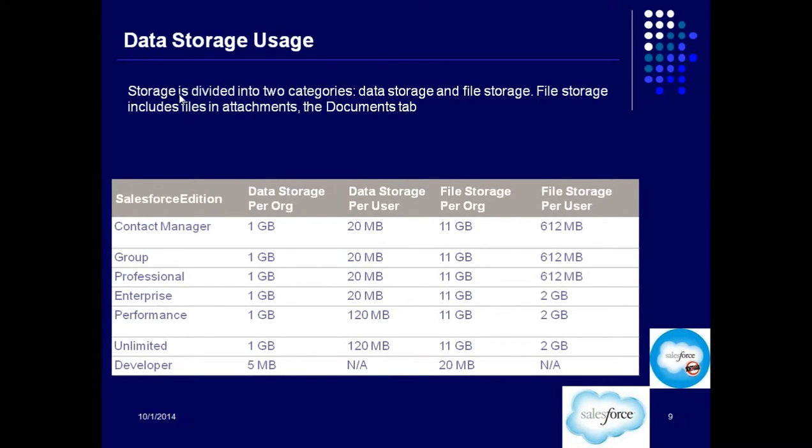See, the storage that Salesforce provides you is divided into two categories: data storage and file storage. Right. So one, they provide you space to store data. The other, they provide you space to store files. Data storage: we have seen all these objects, when we create them and put records into them, that goes into data storage. Now what is that file storage? File storage is for any attachments, PDFs, documents, images, JPEG files.